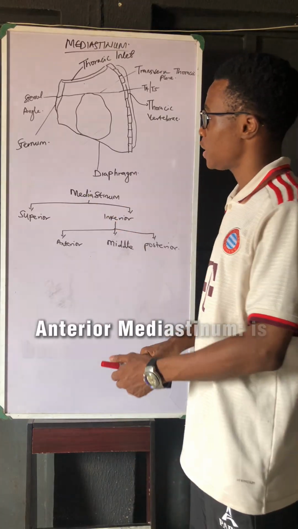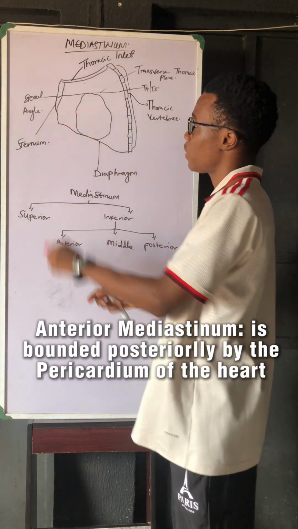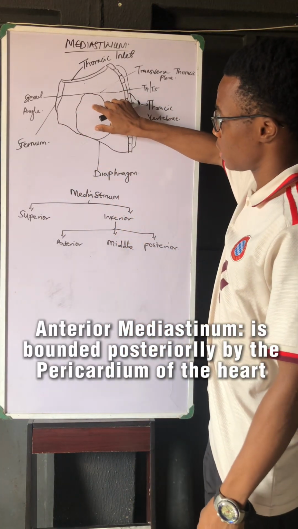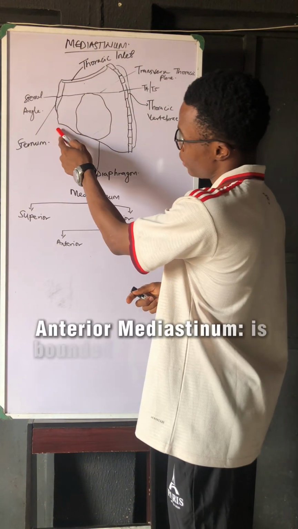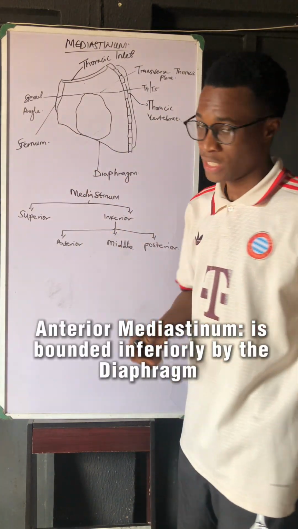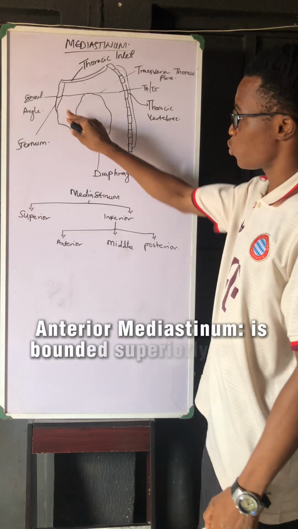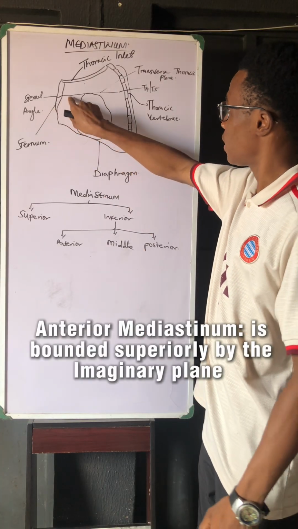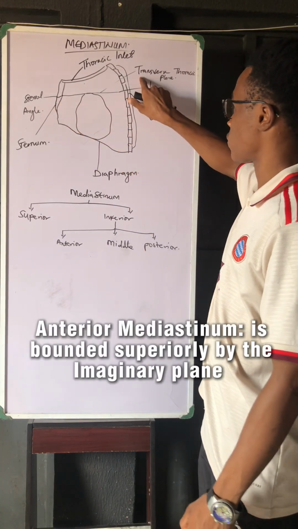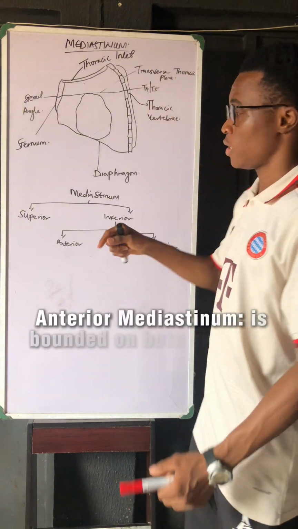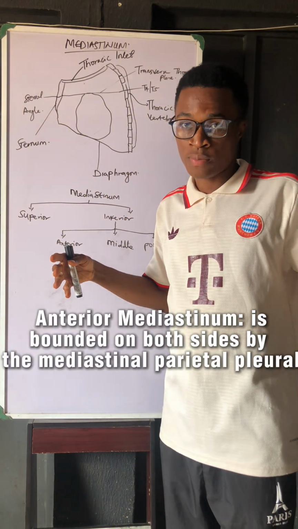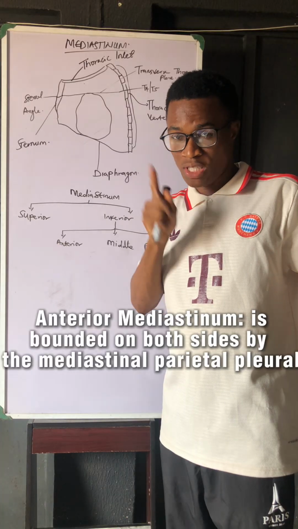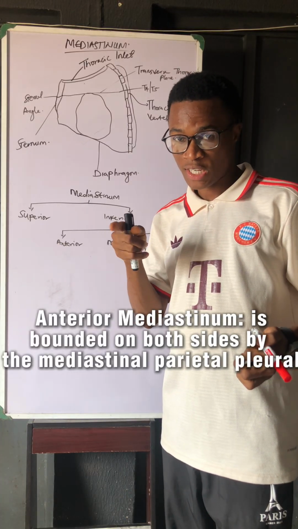Posteriorly, it is bounded by the pericardium and heart. Inferiorly, it is bounded by the diaphragm. Superiorly, it is bounded by an imaginary plane, the transverse thoracic plane. Then on both sides, it is bounded by the part of the pleura referred to as the mediastinal parietal